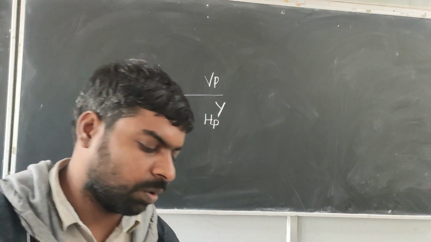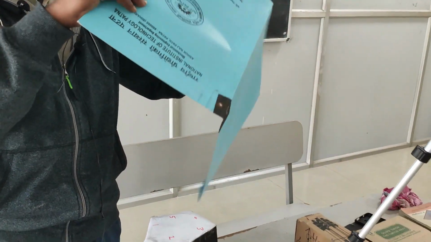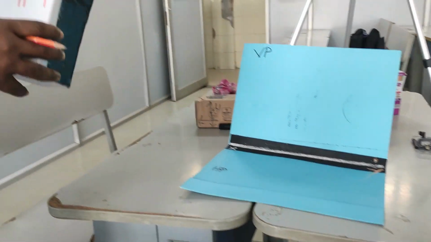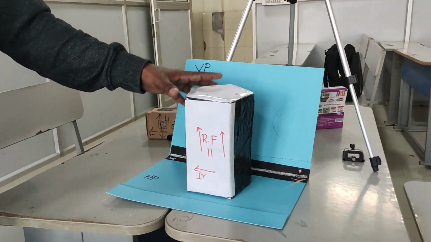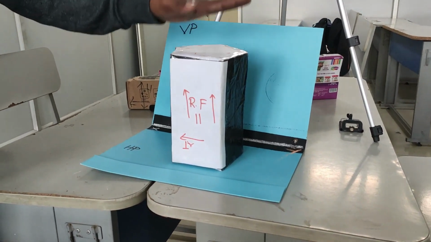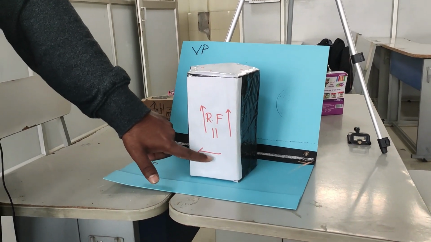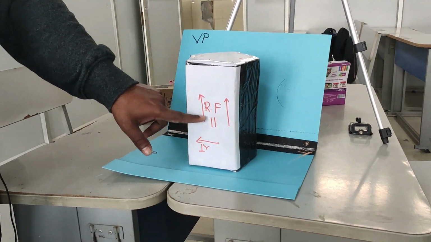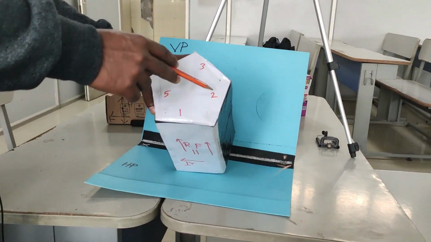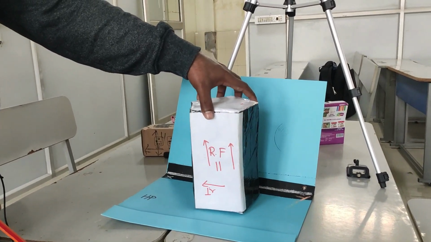Now come back to this location of this object. Now I have one small pentagon and it's a prism, because all the sides are parallel to each other. So it's a prism, not a pyramid. Now I have placed one perpendicular, meaning this direction, and parallel, meaning this is the reference plane. And it is a pentagon, so we have 5 surfaces: 1, 2, 3, 4, 5.